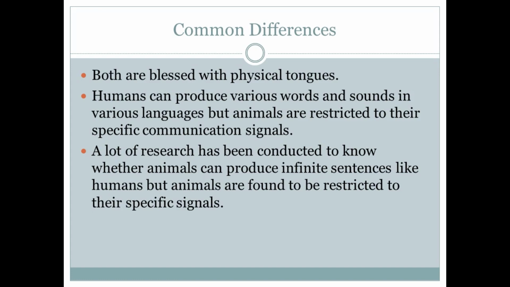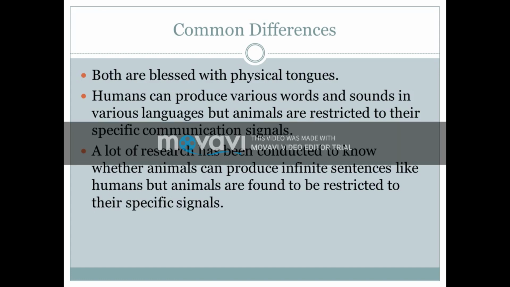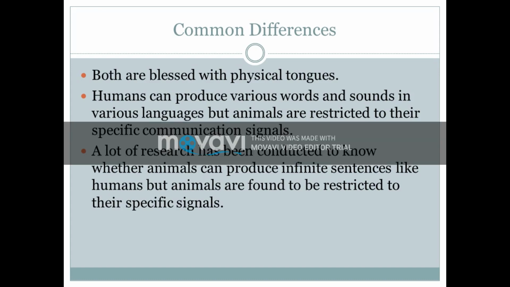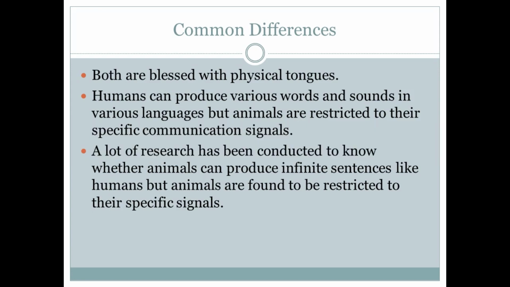So most of the research has been conducted considering that animals do have a tongue and brain, and humans do have a tongue and brain. But why can't animals produce words like humans? Why are they restricted to some genetic sounds? Take a puppy, a young dog, and even if you separate it from other dogs,